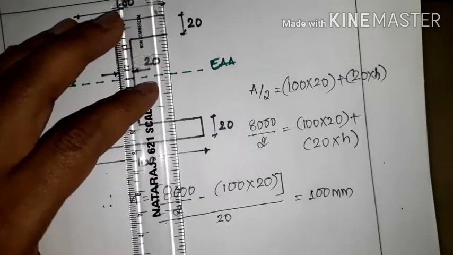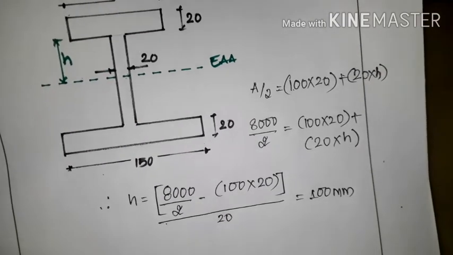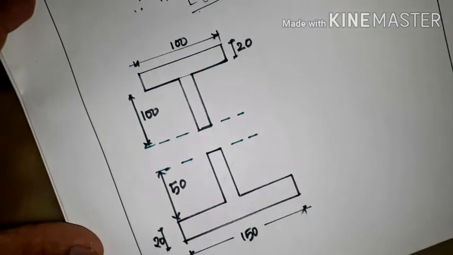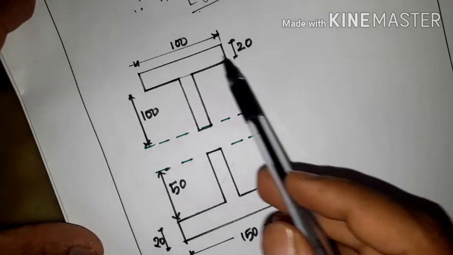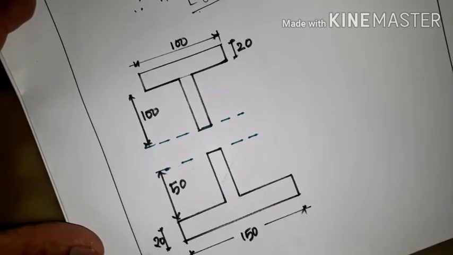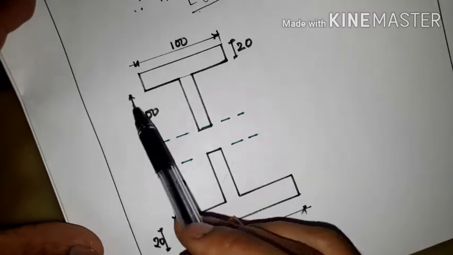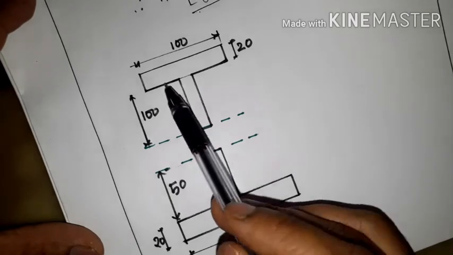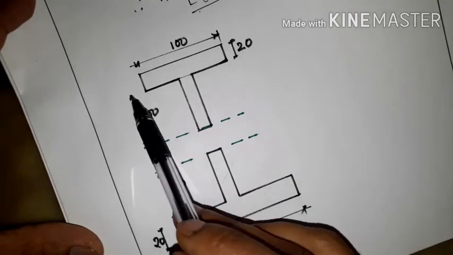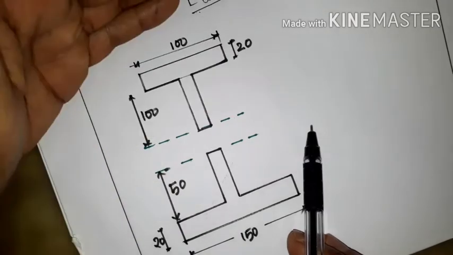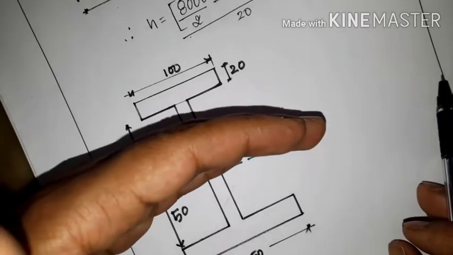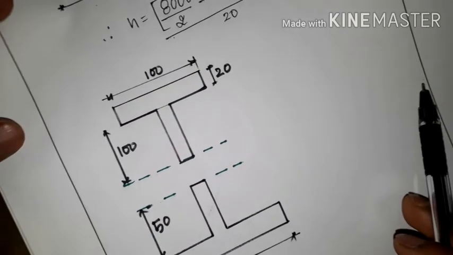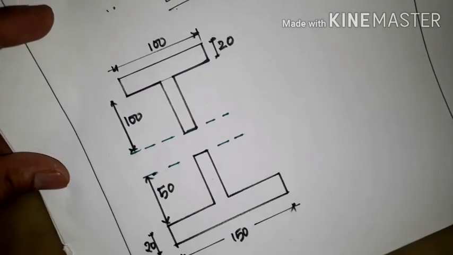So here we'll have the sketch once again. Now I have divided the cross section equally into two parts with respect to the equal axis. We have located the equal axis 100 mm from the bottom face of the top flange. So if it is 100, this will be 50. This is a separate part and this is a separate part, this is for the upper part and this is for the lower part. So we have to find out the properties separately. We will calculate one by one.